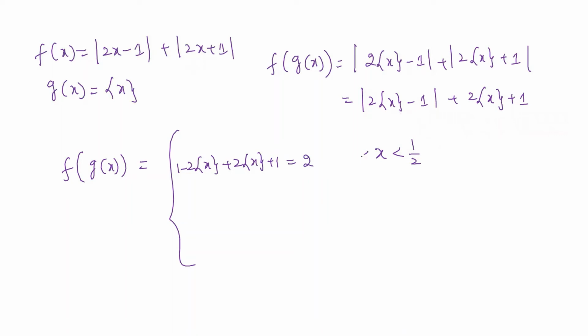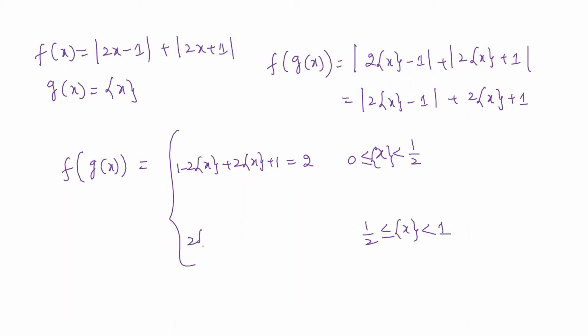But we already know we are solving the question only between 0 to 1. Sorry, this is the fractional part of x. Okay, so 0 less than or equal to the fractional part of x less than 1 by 2. Okay, so that is what we are interpreting here. So now what happens if the fractional part of x value is bigger than 1 by 2? This value is going to be greater than or equal to 1 by 2. And again, we know the value of this one will always be smaller than 1. So in that case, this is going to be positive.